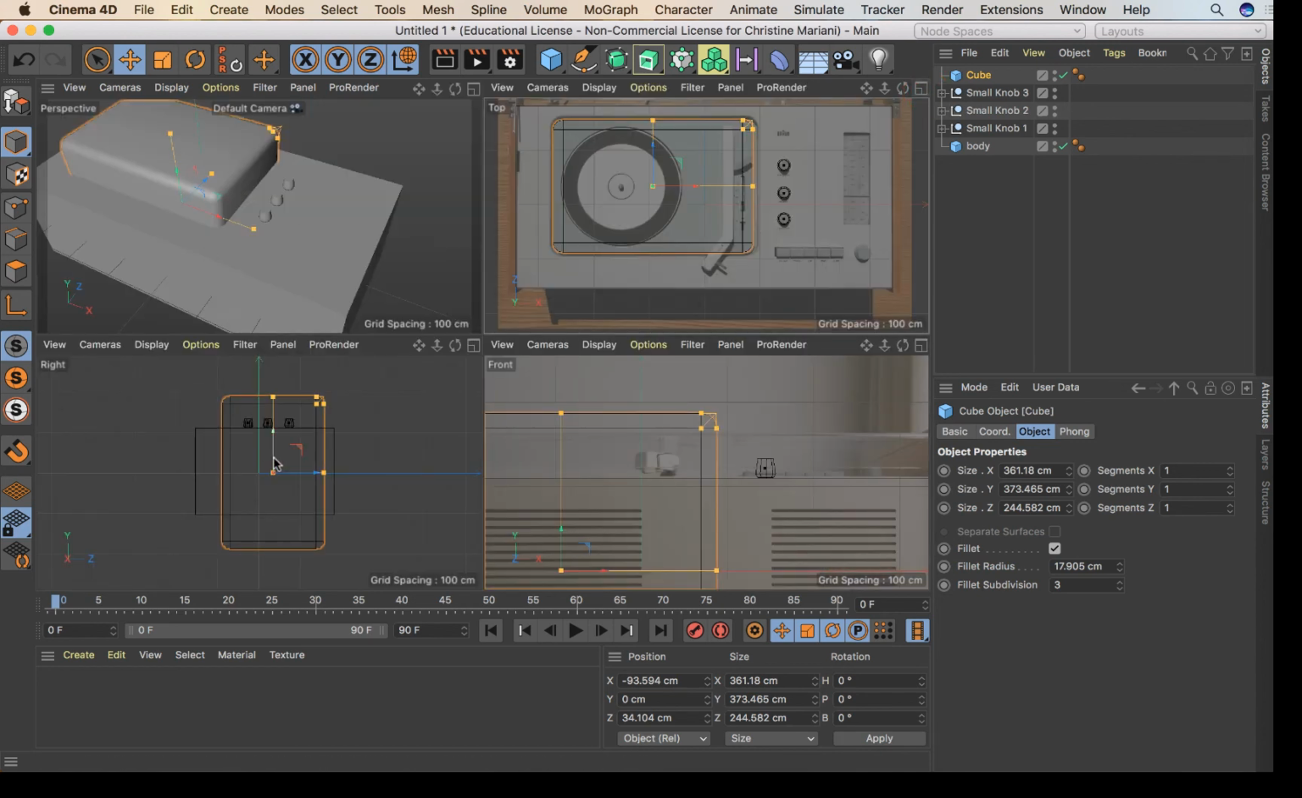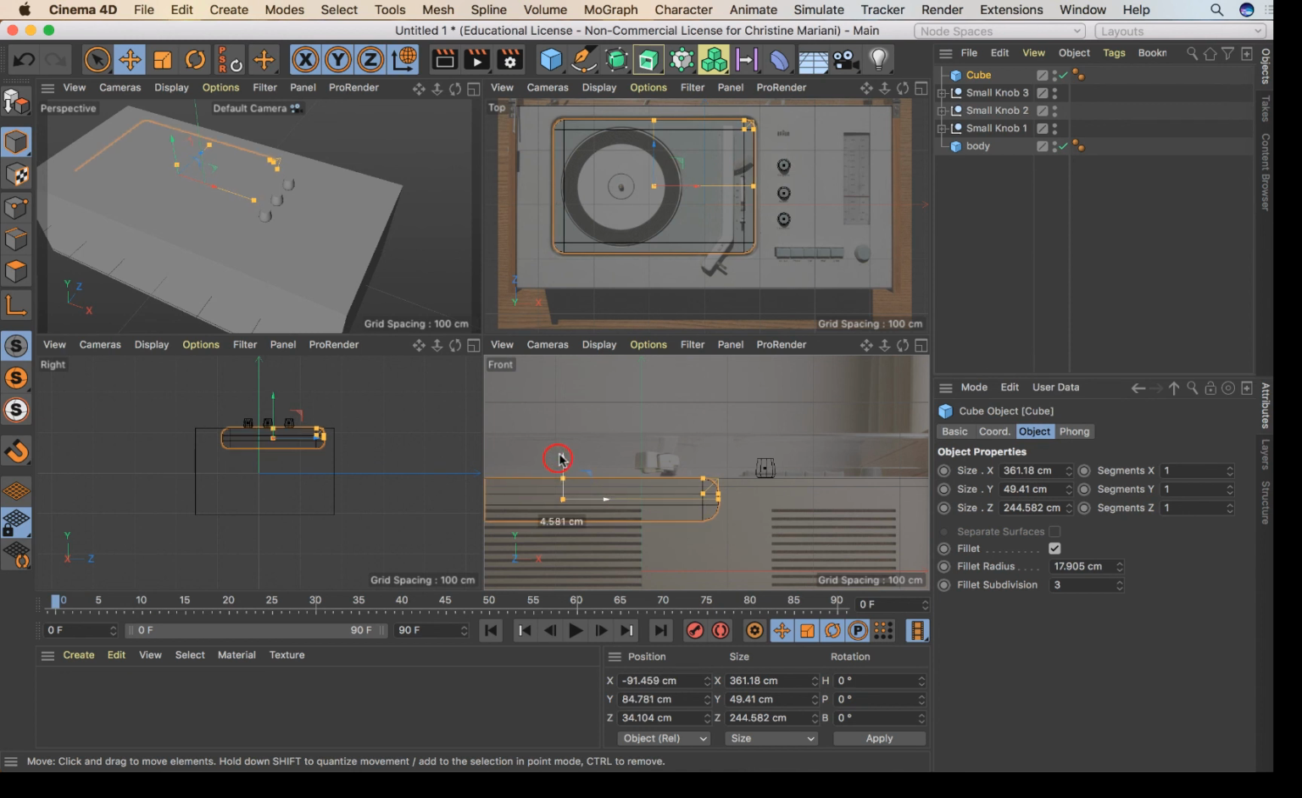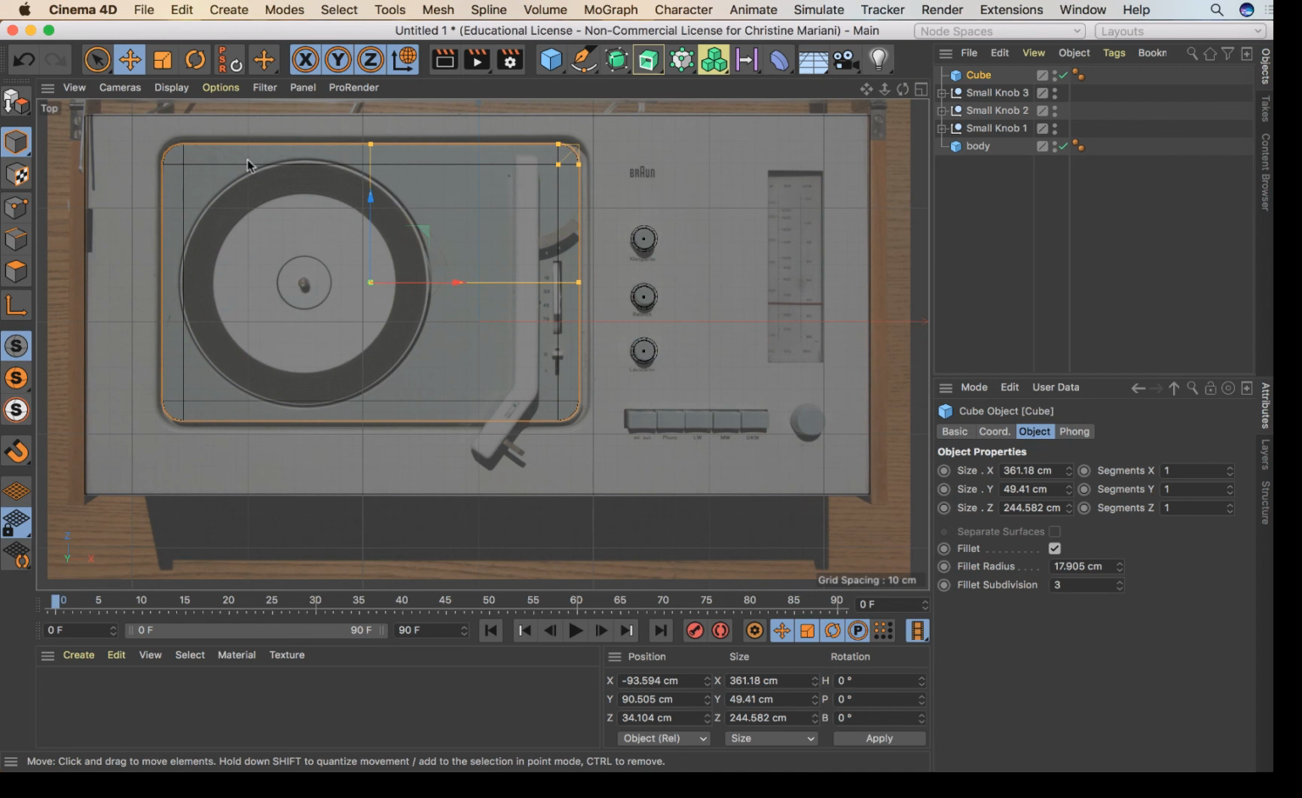Okay, and you can see now, again, it's way too tall, so I'm just going to make this shorter. I haven't really been paying attention to what it looks like from the side view, but I don't really care what it looks like from the side view right now. I just want to worry about the top view. So that's one way you could do that particular part, is to use a cube with a fillet turned